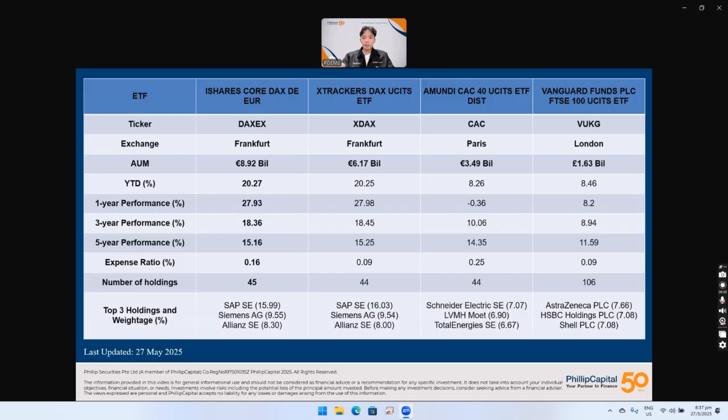And if you look at the FTSE UCITS ETF, you'll see bigger holdings, up to 100 different companies. And of course, I listed out the different top holdings of the ETF. So if you're interested, you think you know a specific company will do well and you want to invest in that company, maybe you can check out the top 3 holdings, but also do note that the economy is moving at a different